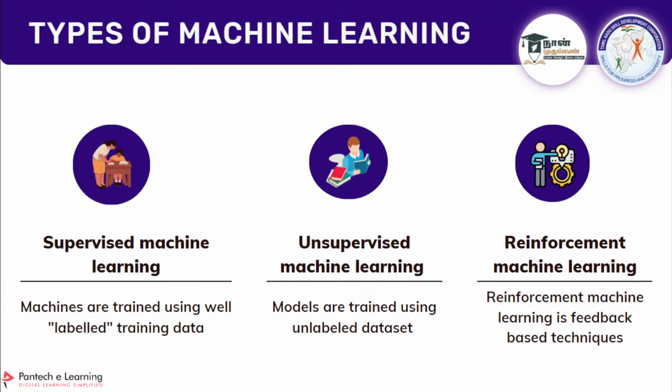So that's what is known as labeled training data. It comes under supervised machine learning, and there are subdivisions in that. We'll learn that later. When you go for unsupervised machine learning, models are trained using unlabeled data. So here there is no label. We are going to try to find some pattern or grouping or clusters, and based on that, we try to take some actionable insights.